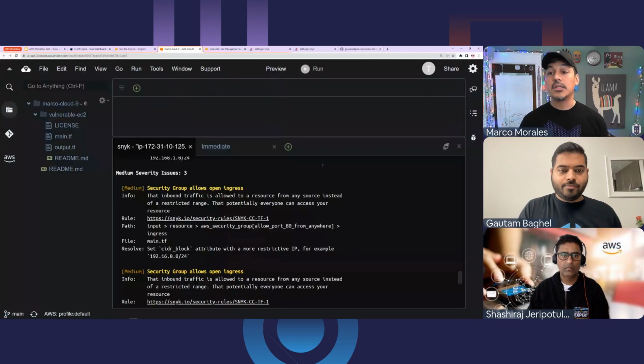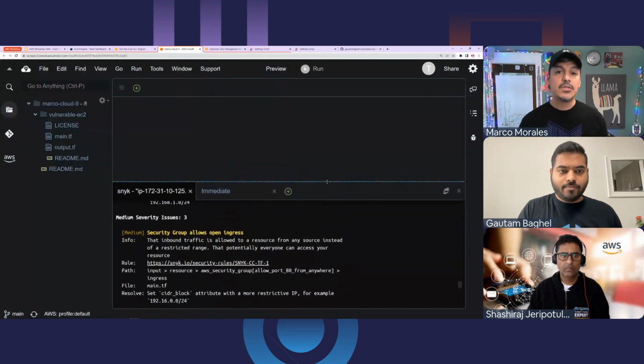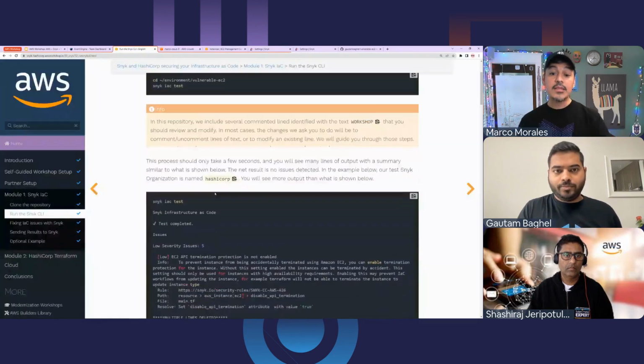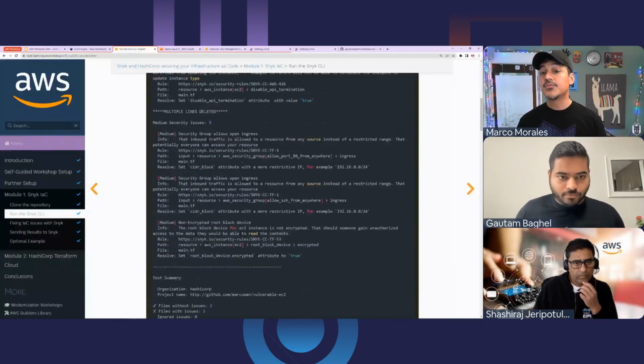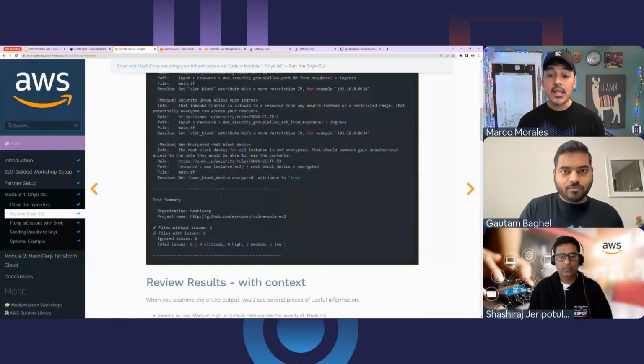So now I want you to think about this as a developer. If I'm doing this, I would prefer to know this information before I check in code. And that's what's going to happen. So we've got this information. We've got a readout of what's going on. And this is really convenient for you and your team. Same layout.